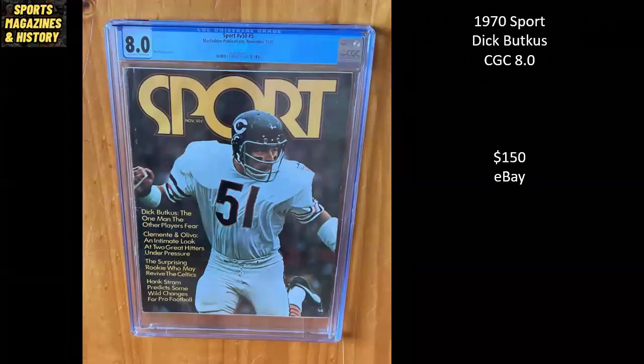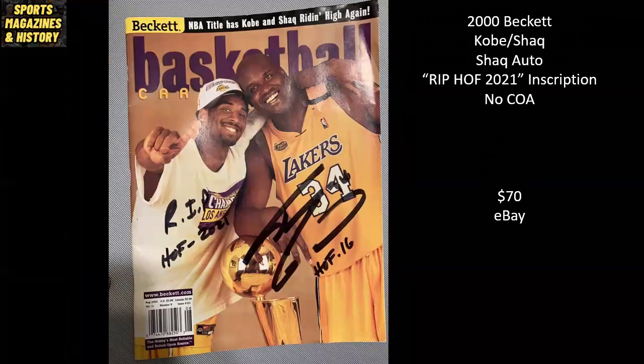From 1970, Sport Magazine, you have Dick Butkus with the Chicago Bears. It's a CGC 8.0. It's sold on eBay for $150. Here's an interesting one. This is Beckett. This is from 2000. You've got Kobe and you've got Shaq. Now, this is supposedly autographed by Shaquille O'Neal, and he inscribed Hall of Fame 16, but he also wrote over Kobe, RIP